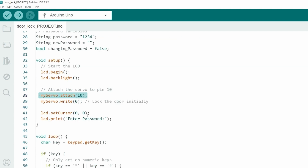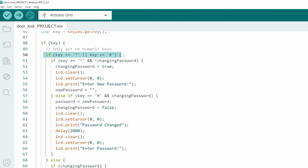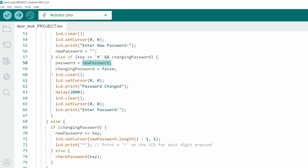Now, let's delve deeper into how our program handles keypad input and manages the door locking mechanism. In the loop function, the keypad.getKey function retrieves the currently pressed key from the keypad. We then check if a key press has been detected in the if (key) statement. Inside this conditional block, we first check if the pressed key is a special key, asterisk or hash. If the asterisk key is pressed and we are not already in password change mode, that is the changingPassword variable, then we switch to password change mode, clear the LCD, and prompt the user to enter a new password. If the hash key is pressed while in password change mode, we update the password variable with newPassword, exit password change mode,